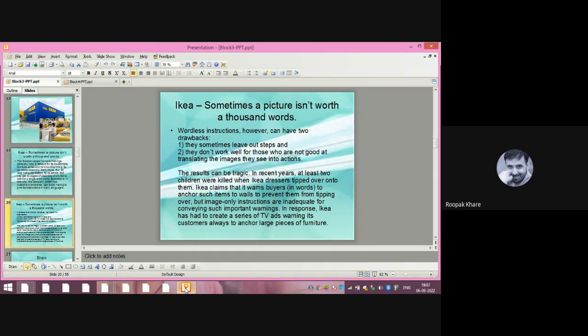Two, they don't work well for those who are not good at translating the images they see into actions. So not everybody is good at reading these pictures, right? A few of us were good at origami because they understood what instructions were given in the books. Paper art. You remember when we were in school, there were books and small square papers, and they had instructions